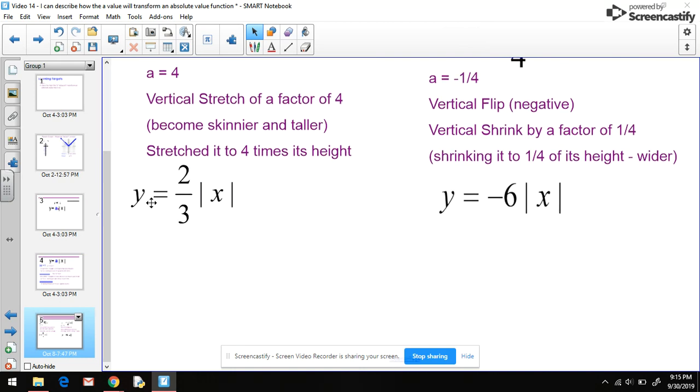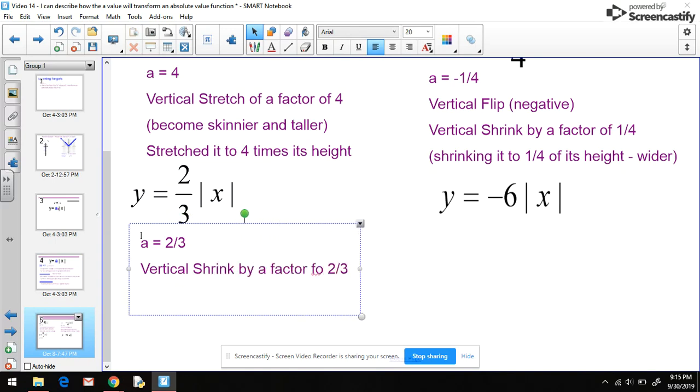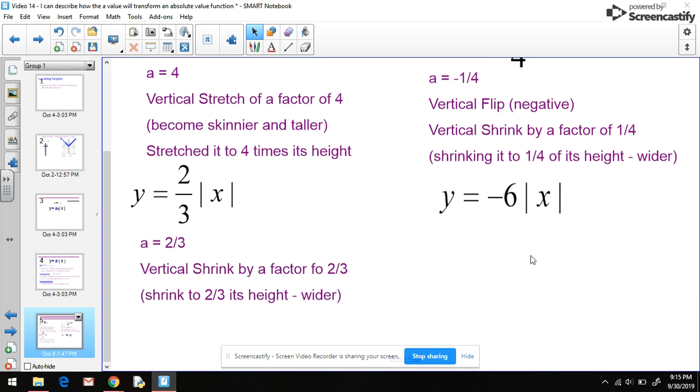Okay, 2 more. So y equals 2/3 times the absolute value of x. So a is equal to 2/3. I see that that value is trapped between 0 and 1. So I know this is a vertical shrink by a factor of 2/3. So what's going to happen is it's going to shrink to 2/3 height. And in essence, I then expect it to become wider. And then finally, this last example, we see y equals negative 6 times the absolute value of x. Here we have a is equal to negative 6. Because it's a negative value,